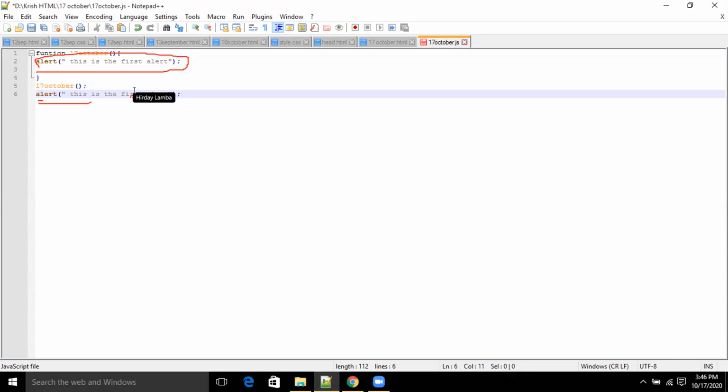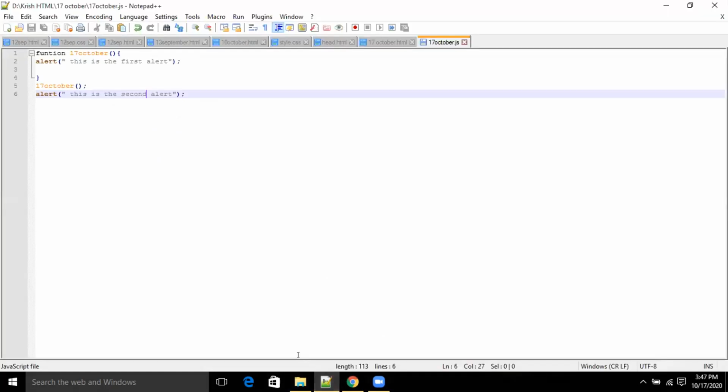Instead of first alert, let's say second alert, and save it, and first make sure that both files are connected or not. Okay, so this means the files are not connected. Now just cross check whether the file name, the way you defined it, lowercase or uppercase, has to be matched as such.